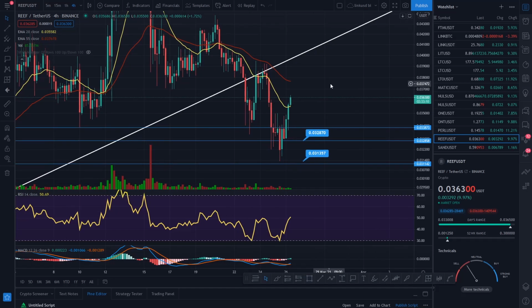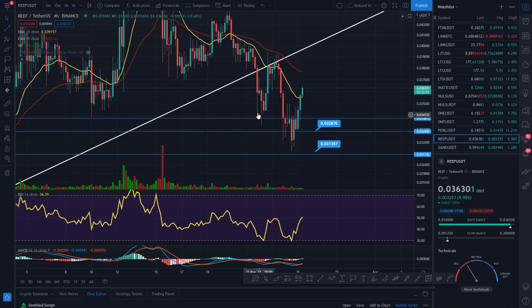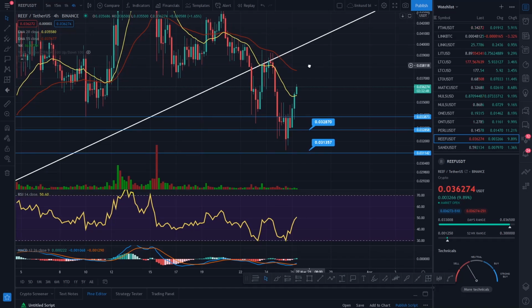So diving into Reef right now, we actually look quite bullish at the moment, guys. I know we've had this big correction and we've tested these levels of support. We've basically got a double bottom here, which we were targeting on the channel, and I did say to you, if we get that, it is really, really good. And right now, I know we're still down, being pushed down in a downtrend, but we've got a couple of things on our side at the moment, guys,